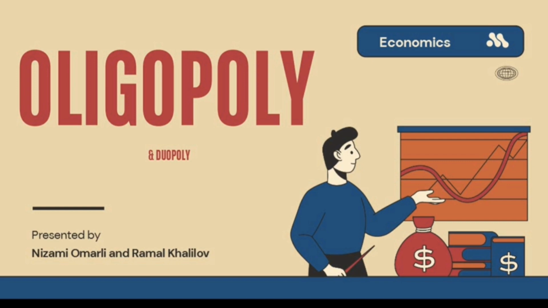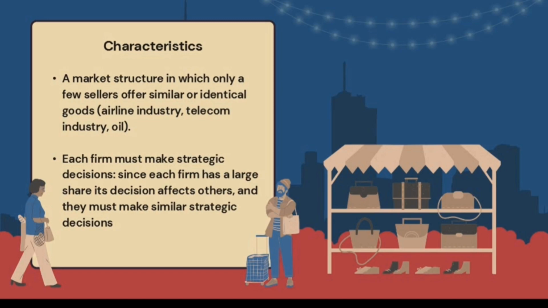An oligopoly happens when a small number of big companies control most of the market, and it is a special kind called duopoly which has only two big players. They have a lot of power to set prices and influence what's available to consumers. But how does it affect us?